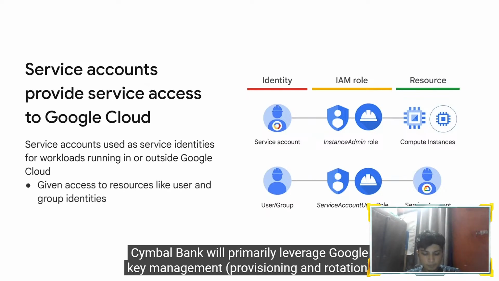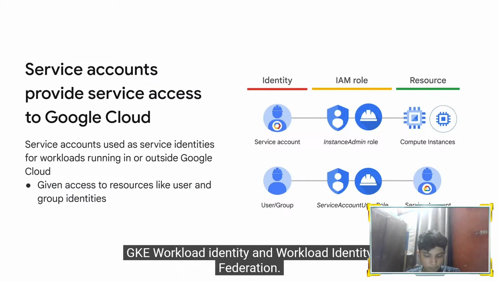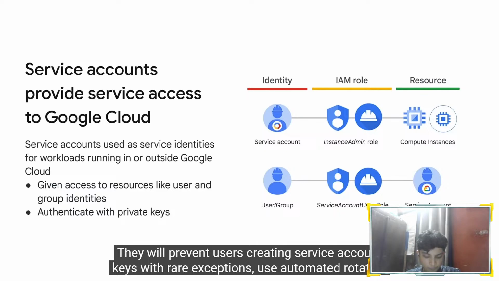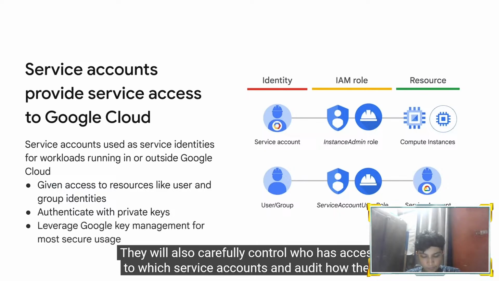Symbol Bank will primarily leverage Google Key Management for these service accounts to reduce risk of key exposure by using features such as GKE Workload Identity and Workload Identity Federation. They will prevent users creating service account keys with rare exceptions, use automated rotation of such keys when they do, and carefully audit that usage. They will also carefully control who has access to which service accounts and audit how they are used to ensure